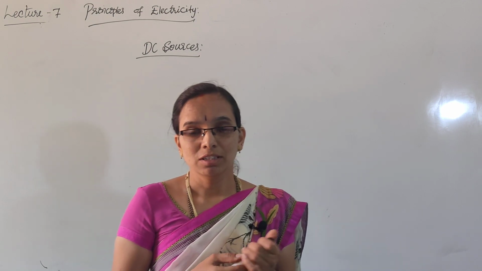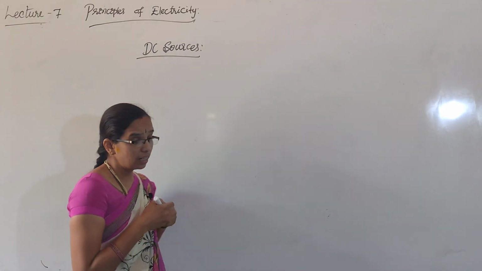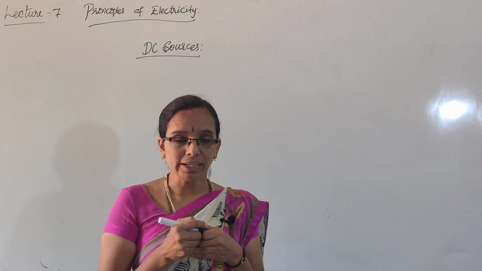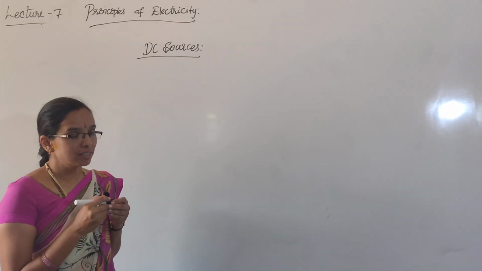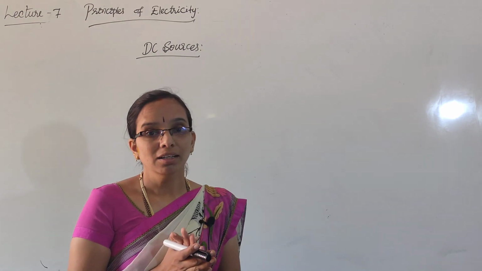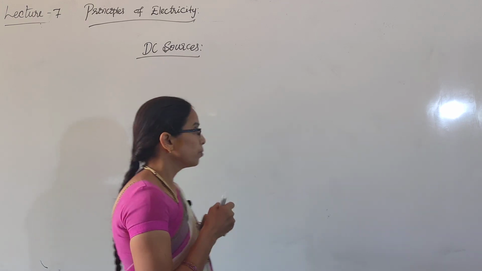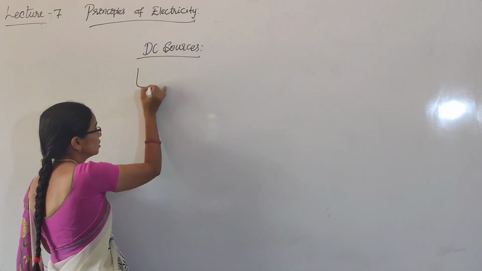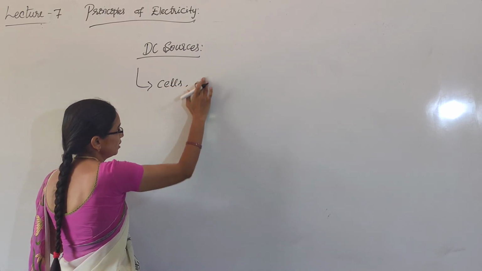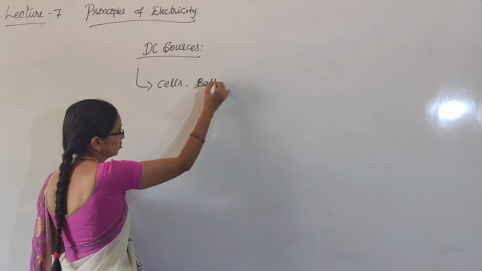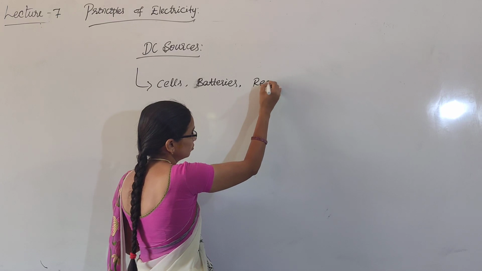So what are these DC sources? DC sources which supply the energy in the form of voltage become a DC voltage source. If the energy is supplied in the form of current, then it is called a DC current source. Okay. Some DC sources we know are cells, batteries, regulated power supplies,